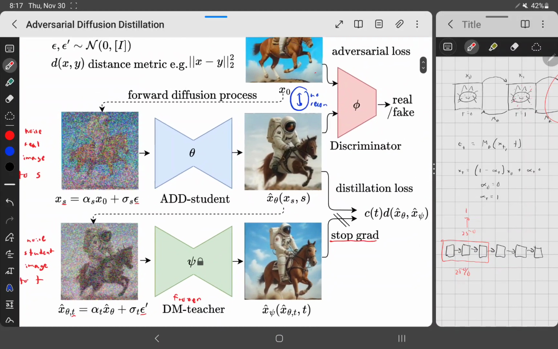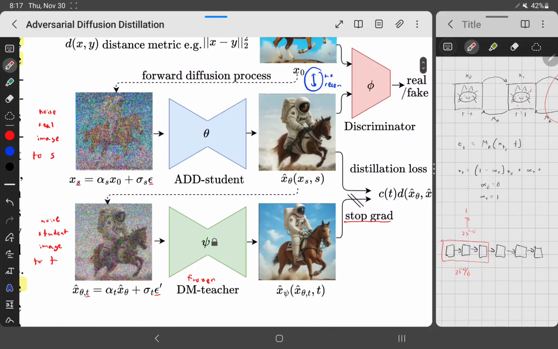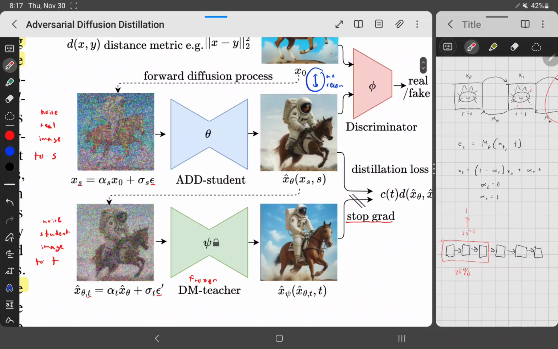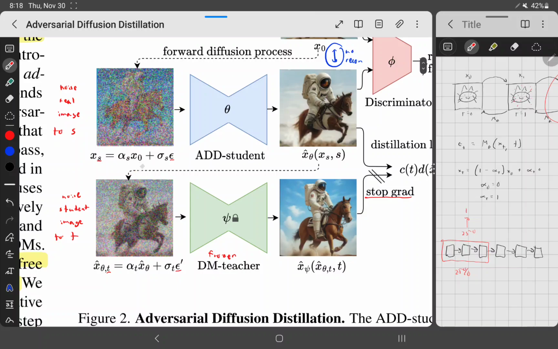So your student model then makes a prediction for what the reconstructed version of this is. Now, it's obviously not going to be perfect, but whenever it starts, it's going to be pretty good, because it's initialized to Stable Diffusion XL. So it's not just going to produce garbage output. It's going to produce some good-looking output. Since you're only having this predict in 1 step, or 2 steps, or 3 steps, or 4 steps, this prediction is going to be pretty good, but it's not going to look that good. You then noise this image,